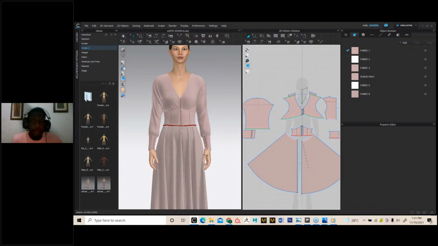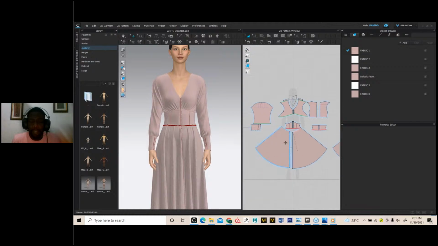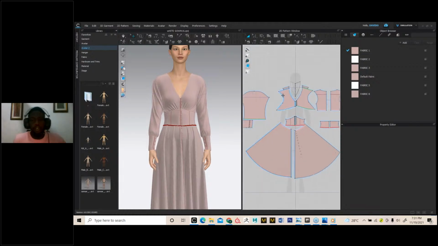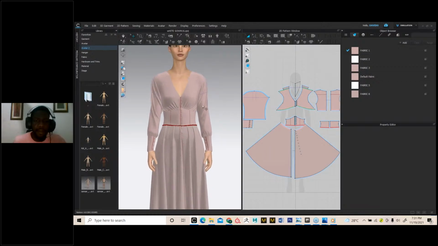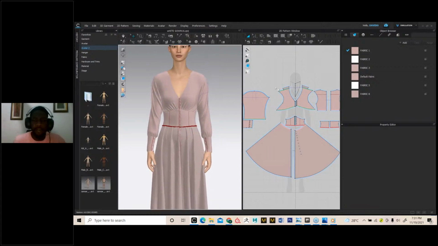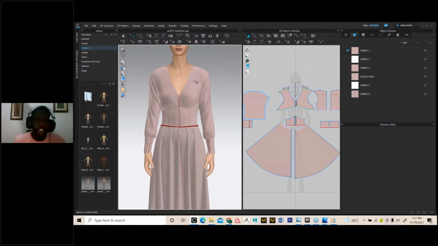Now, the next thing I said we are going to look at in the class is that we are going to be getting introduced to the pattern editing tool. So now, what I want you to understand about Clo3D, before I go ahead, is that the way Clo3D works is that it has a very simple process. So what you simply do to create your garment is that